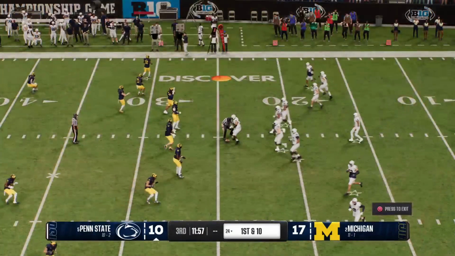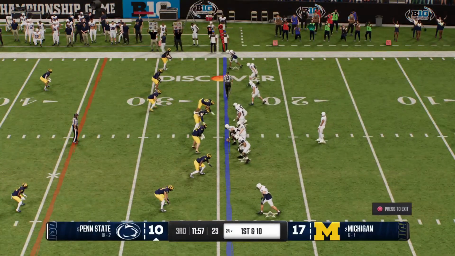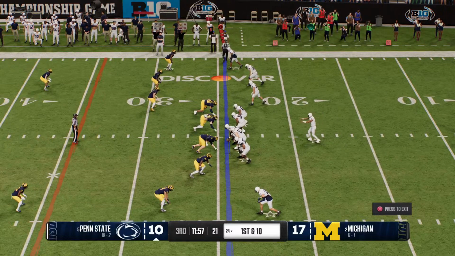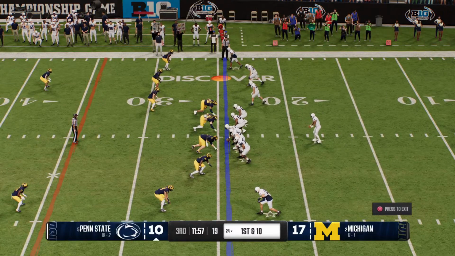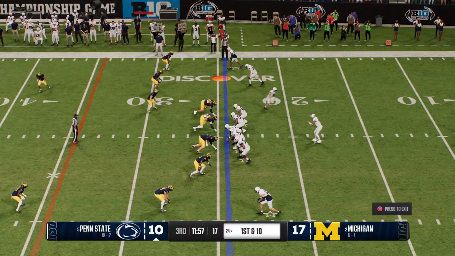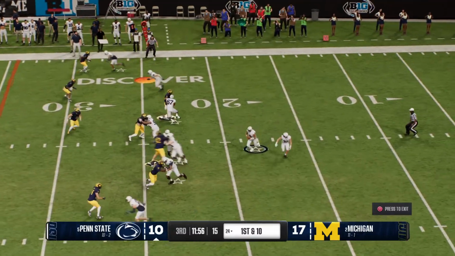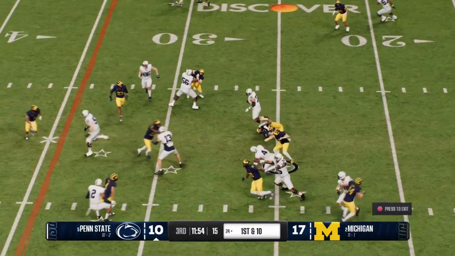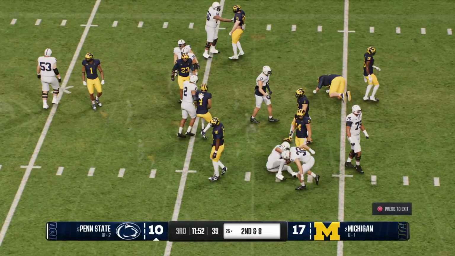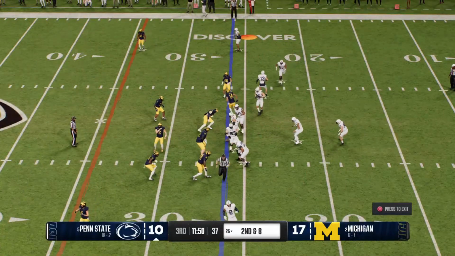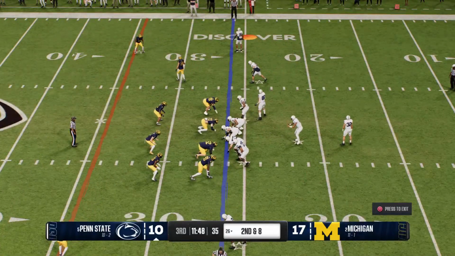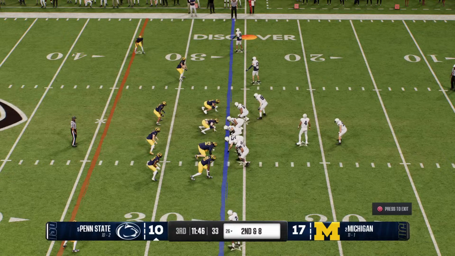Not much on the return. They'll stop him at the 24. Good coverage. And the Penn State offense comes back on the field. And with that, let's send it back to Chris and Kirk and the exciting conclusion of the Big Ten Championship. The senior able to make the stop after a short gain. The Nittany Lions will hustle to the line to crank the tempo.